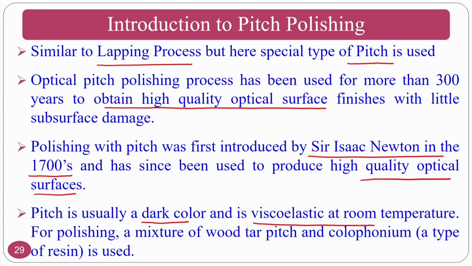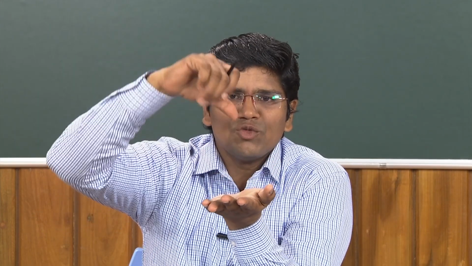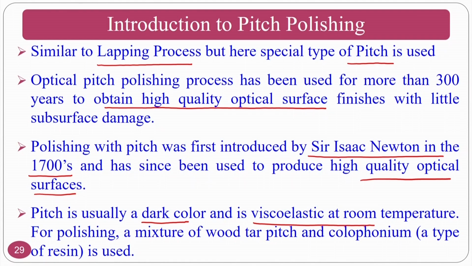Okay, for the time being, whatever I explained, the viscous component of this pitch will move along the direction of external energy. That means in the previous slide, the operator is moving like this. So if I want to move like this, my pitch viscous component tries to move in this direction, and the elastic component moves perpendicular to it, so that it will indent and create the shearing, so that you can remove the surface peaks and you will get a mirror surface finish,